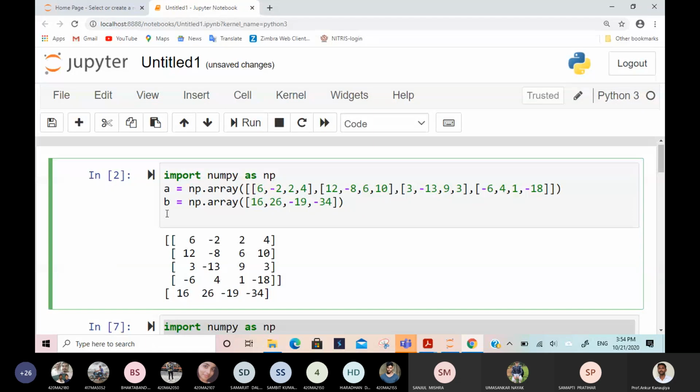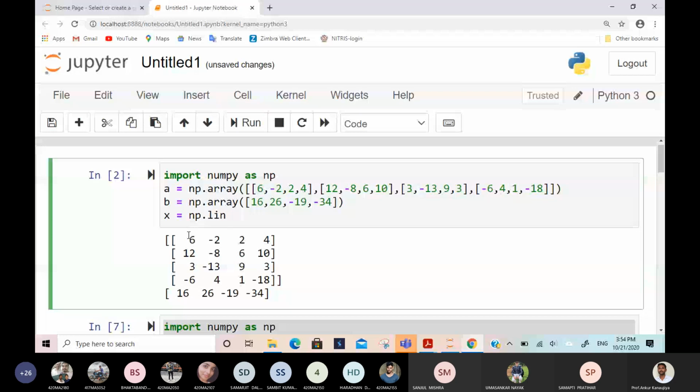The general technique: suppose Ax equal to B you want to solve, then what is the formula for X? X equals A inverse into B. Right or wrong? A inverse into B will give the value of X, correct? I will write that technique. It is inside the NumPy library, inside linear algebra.